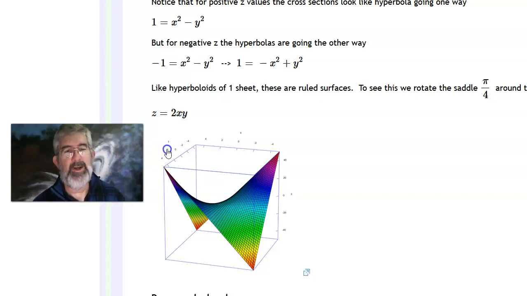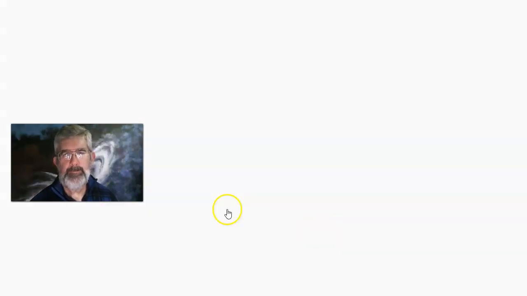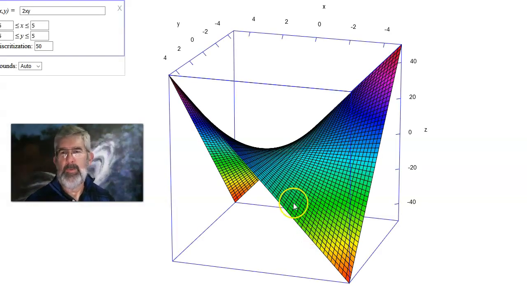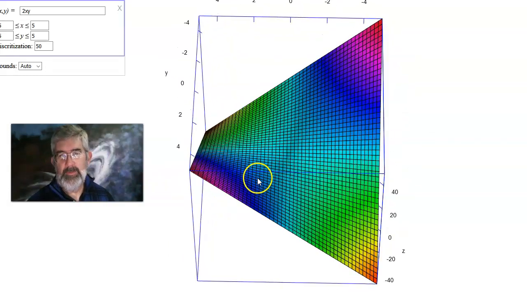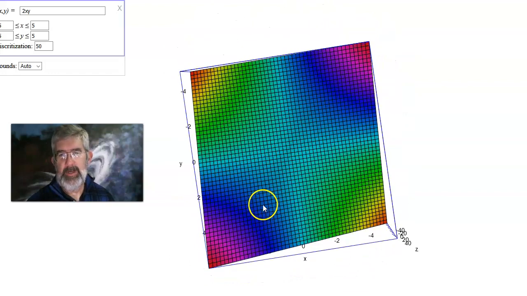There's some change of basis stuff that you can do with matrix multiplication and whatnot to describe it all and figure out what the formulas are. But yeah, there's probably even some eigenvalues involved, if you know what those are. Anyway, here's z equals 2 times x times y. Let's click on this and take a look. So, because this is turned by pi over 4,